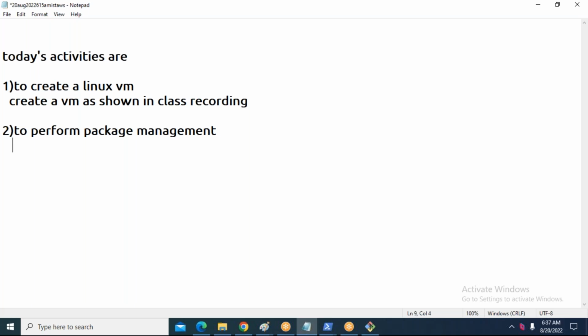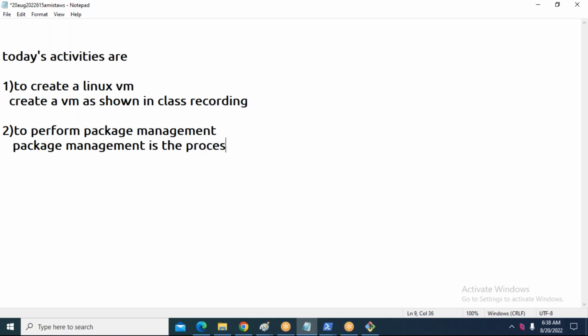And as a cloud engineer, you have to write commands. Okay, or if you don't know commands, at least you have to know the console. From the console also, you must be able to create servers and you have to perform installation activities. Okay, now before we do package management, first let me write the definition. It is the package management is the process of